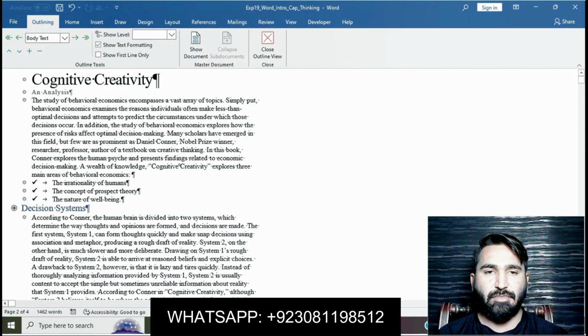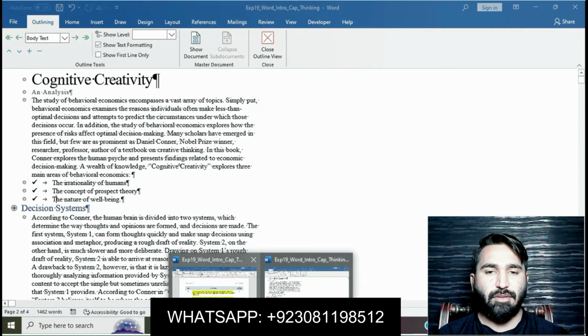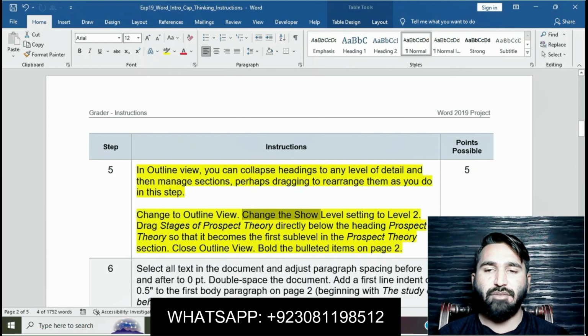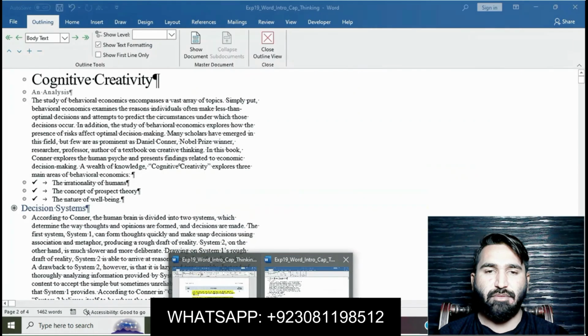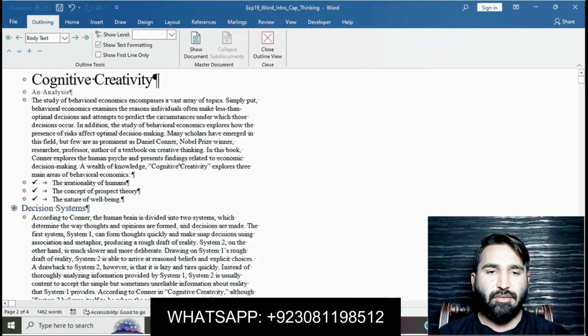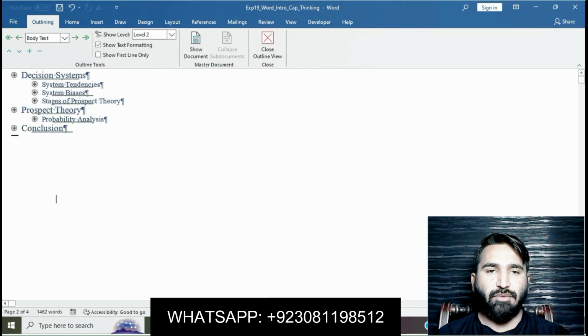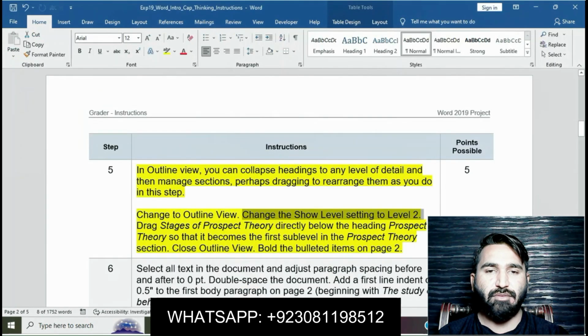Then change the show level setting to level 2. Outline and show level set to level 2.